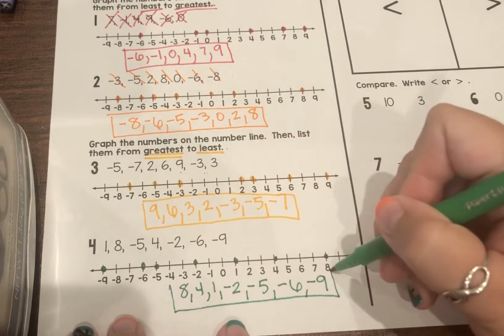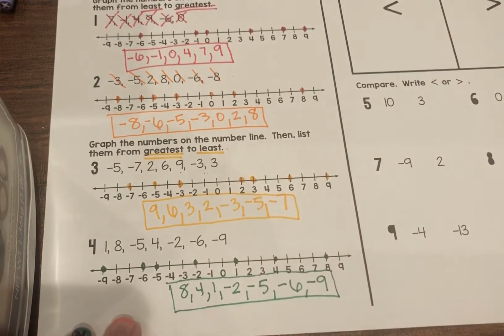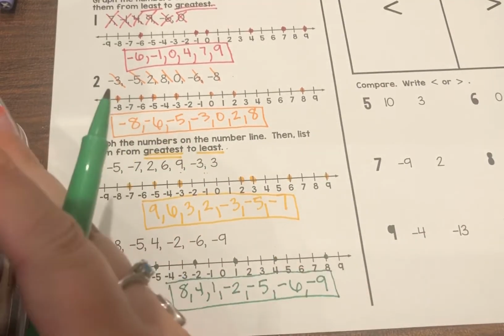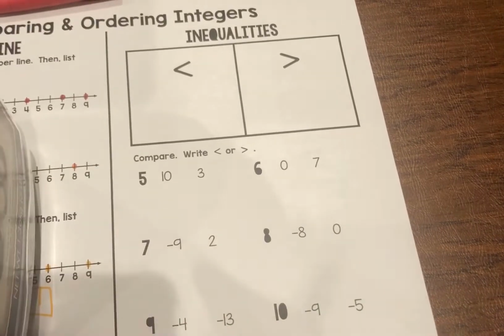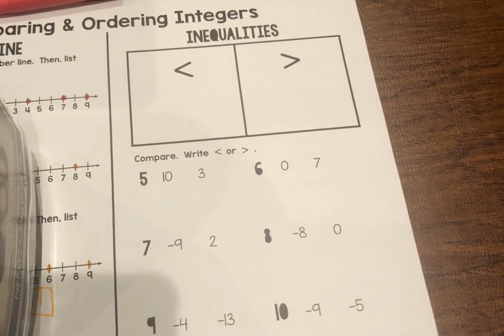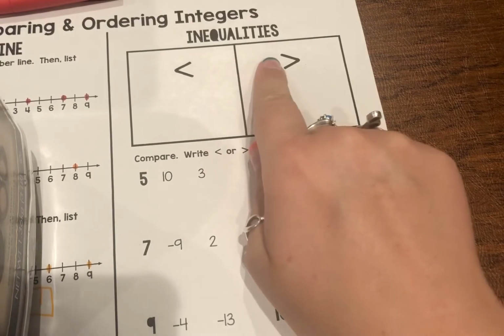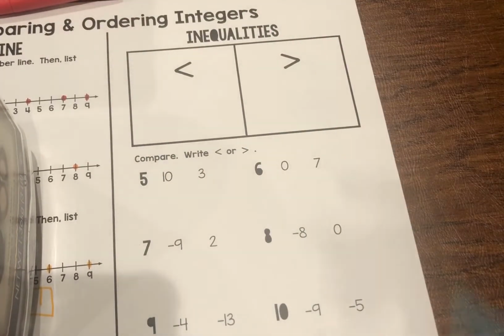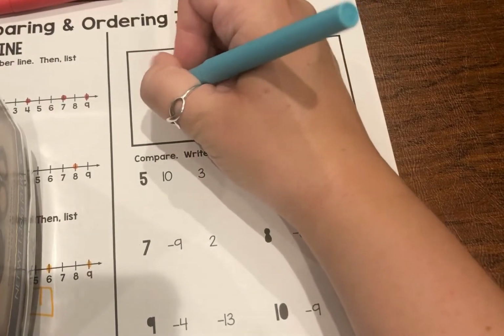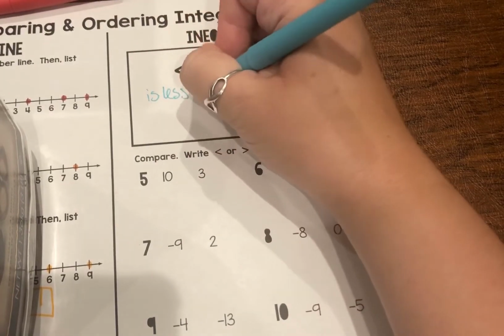That is if they want you to list them in a certain order of least to greatest. But other times they'll say, can you please compare these two numbers? And if they want you to compare them, you're going to use what's called an inequality sign. And that's either what's referred to as a is less than sign,